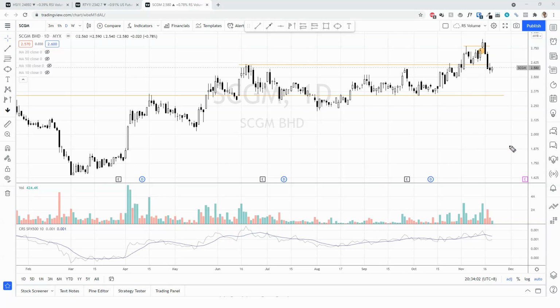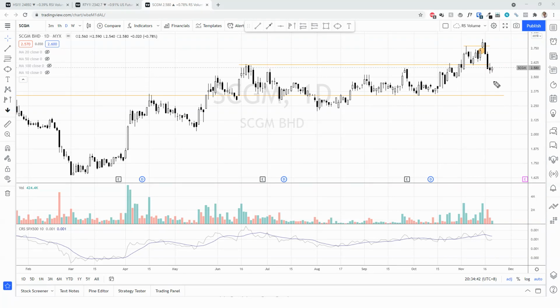In fact, it's still bullish, but we might need to see some more time for SCGM to settle because of the increasing supply on this bar and also on this capitulation bar. So these two bars contain quite a lot of supply. So if we can probably come up to test the supply zone, have another test with decreasing supply, I think that would be ideal for it to travel up again. Otherwise, you just patiently wait for the breakout type of signal, which would be safer.